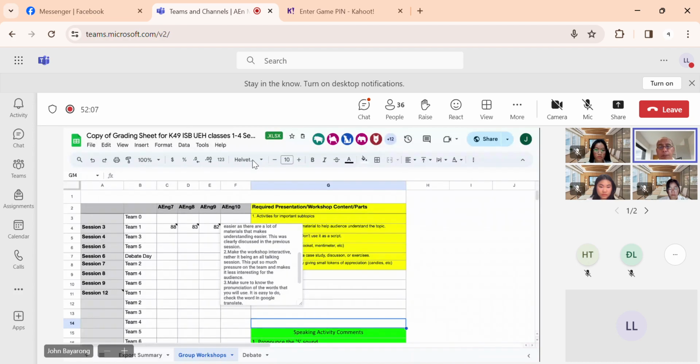Number 2, make the workshop more interactive. Especially if it's online, this interactiveness means you ask a lot and do a lot more activities than normal. But even in class, more activities allow the students to understand and work together as a team to understand what you are discussing.